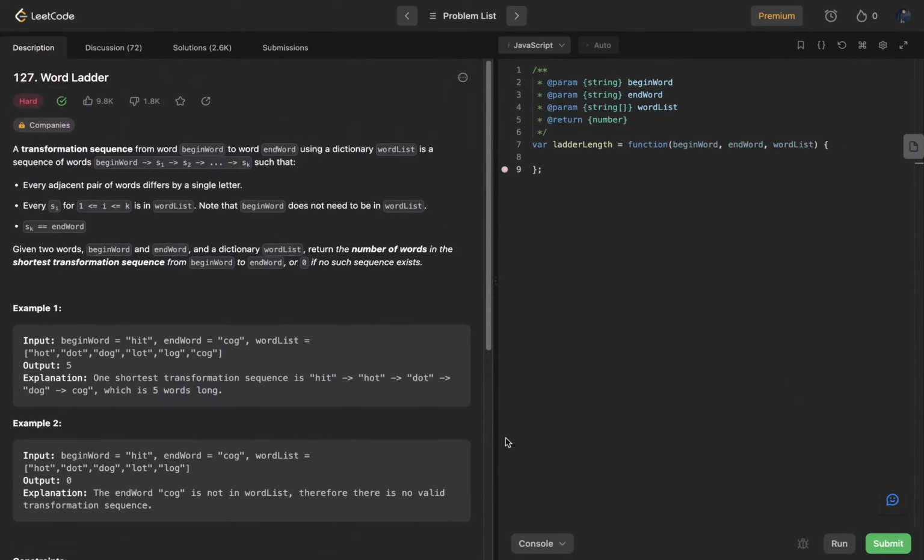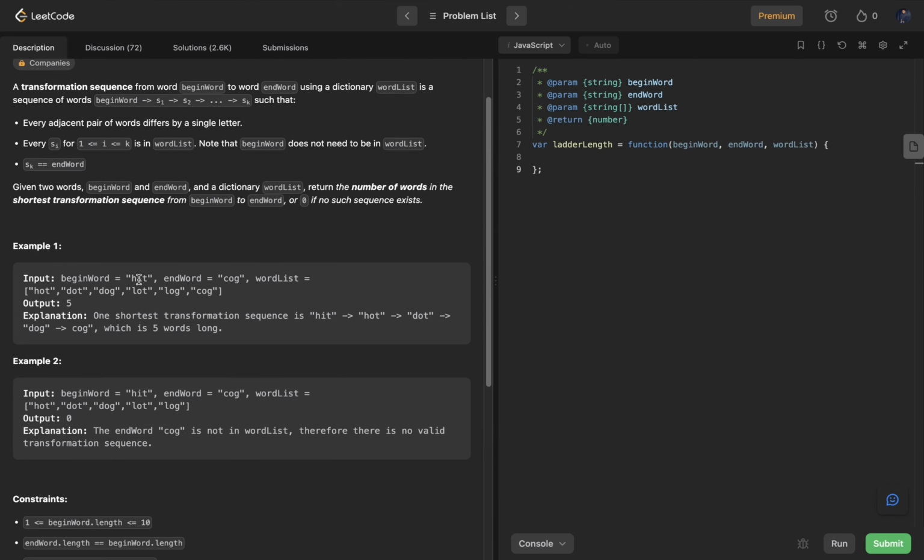Hey everyone, in this video we are going to solve the word ladder question on Leetcode. So we are given a begin word and an end word and a list of words working as a dictionary, and we need to return the number of words in the shortest transformation sequence to convert this begin word to the end word. And the condition is that every adjacent pair in that sequence should have a difference of a